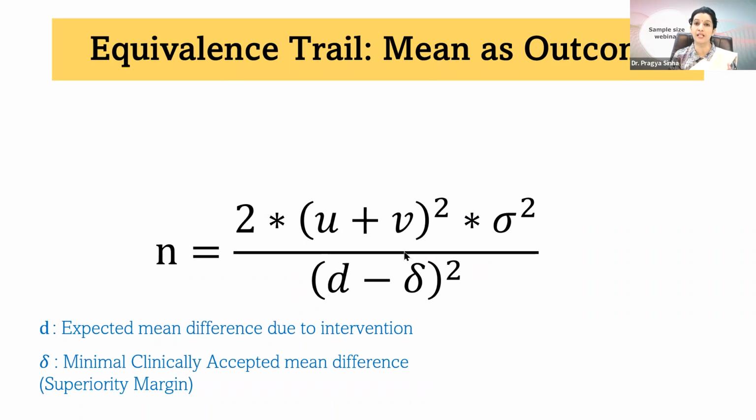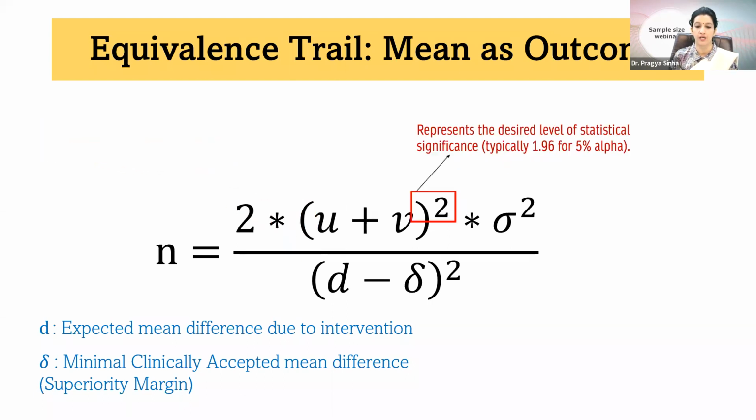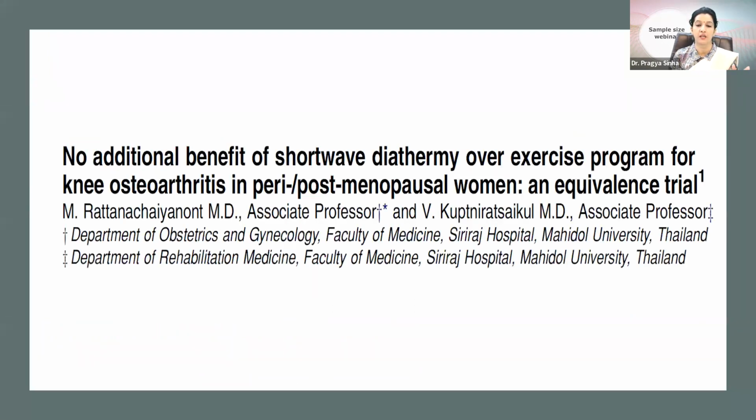That's why the sample size calculation is not the same, because here this delta, this margin which you define, is there in the denominator, and that should be there. So this is important to have. And this d difference, we have discussed this, when you make this d 0, usually people make this d 0 for the calculation of sample size, and that's what we are doing for both mean as well as the proportion. So this is one equivalence trial: no additional benefit of short wave diathermy over exercise program for knee osteoarthritis